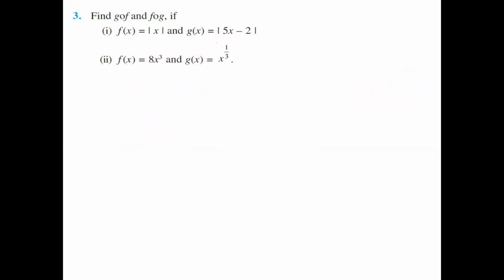Find G composition of F and F composition of G if... So in this problem, how to see this one? F is a function from which set to which set, they are not given, and G also, which function to which function, they are not given. Whenever they are not given, it is understood F is a function from real number to real number, and G also a function from real number to real number. Whenever they are not given the function from which set to which set, in that case I have to understand that always F and G are both functions from real number to real number.